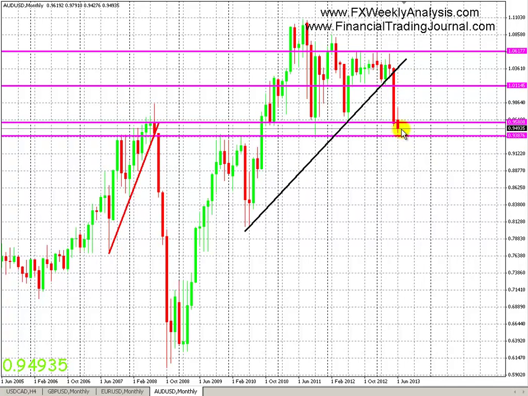This one we were hoping that it would continue going down, and this one is in line with the long-term mindset. So that's it for the monthly chart, but you'll notice that we are in no man's land here. Last week I mentioned in between these two magenta lines is no man's land. So this is